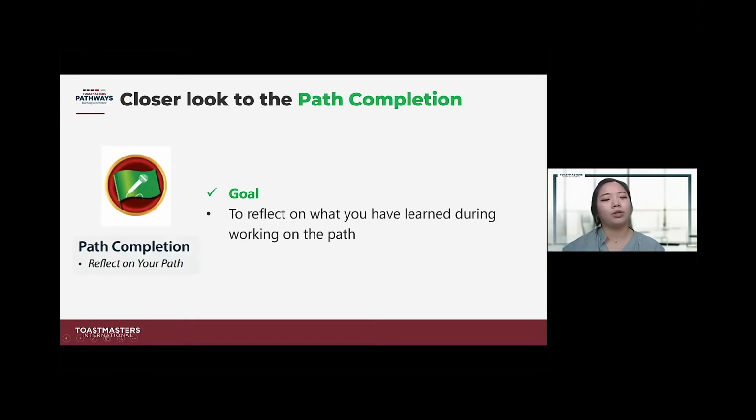So it's like thinking of what you have learned and whether you're going to recommend it to a new beginner, or what your lessons were during level 5. So that's the main detail about path completion.